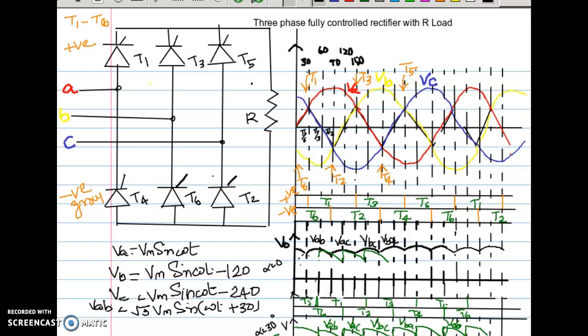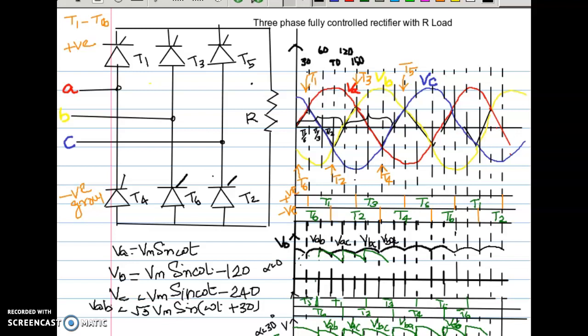Let us see the voltages VA, VB and VC, the phase voltages. Here the red waveform shows the voltage VA. VB starts after 120 degree from VA. This is VB. Now coming to VC. After 120 degree from VB, VC starts. All this can be extended to the y-axis.